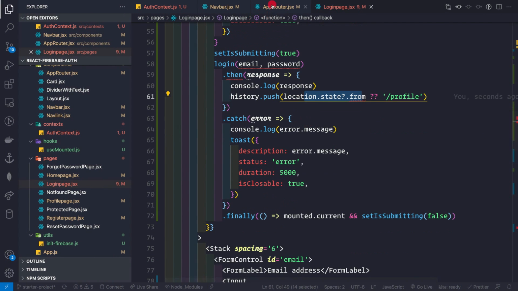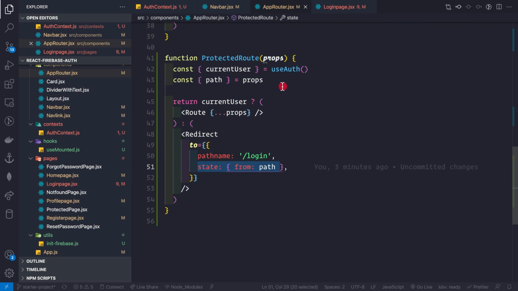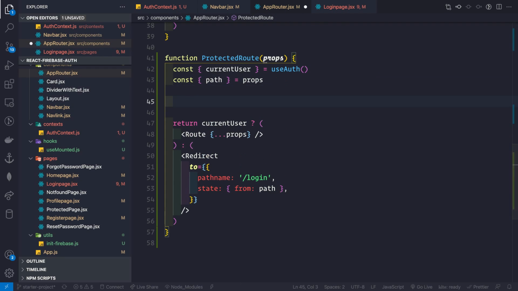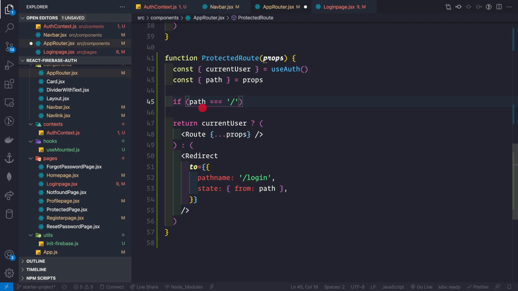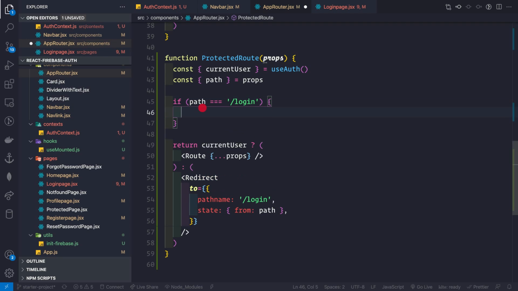Inside our protected route, let's go to our app router. Firstly, what we want to do is check which path we want to go to. So if path equal to /login, then we want to do something. And what we want to do here,